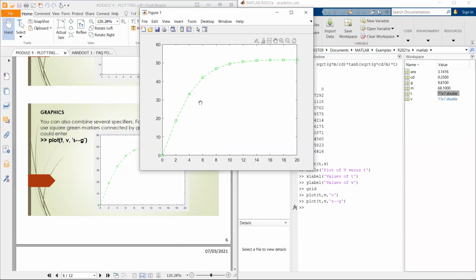Okay? So, you can also create, control the line weight. Okay? Also, you want to create a marker size. Okay? For example, we want to use a heavier 2-point, okay, for then